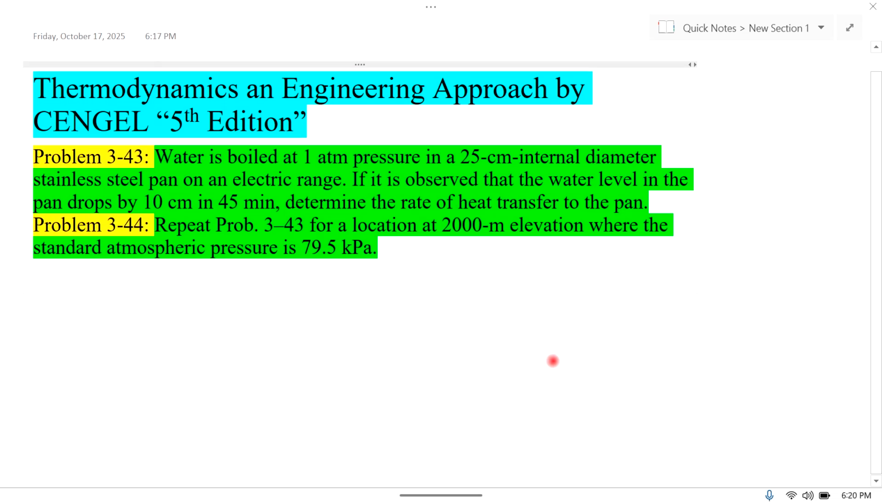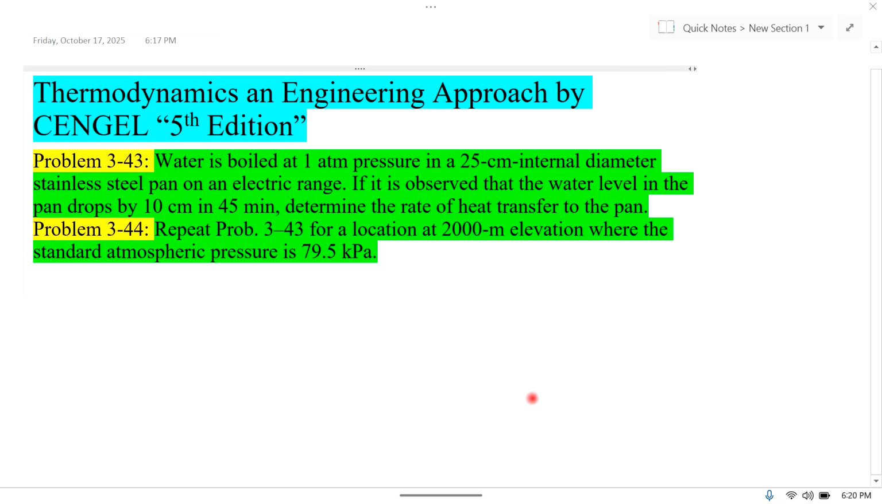Bismillahirrahmanirrahim. In this lecture, I am solving problem 3.43 and problem 3.44 from the book Thermodynamics: An Engineering Approach by Cengel, 5th edition. So, the statement of problem 3.43 is: water is boiled at 1 atm pressure in a 25 centimeter internal diameter stainless